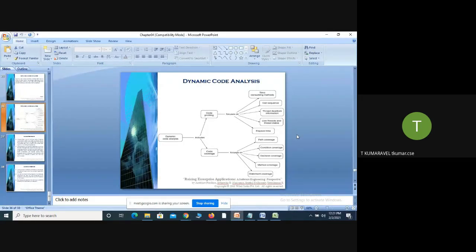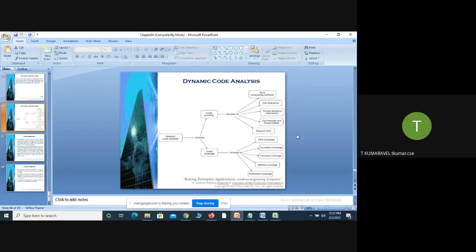While transferring the control from here to there, we pass certain arguments. So the call sequence helps to analyze the path of travel during code execution, how it travels, the path from the main function to the called function. That is called call sequence.